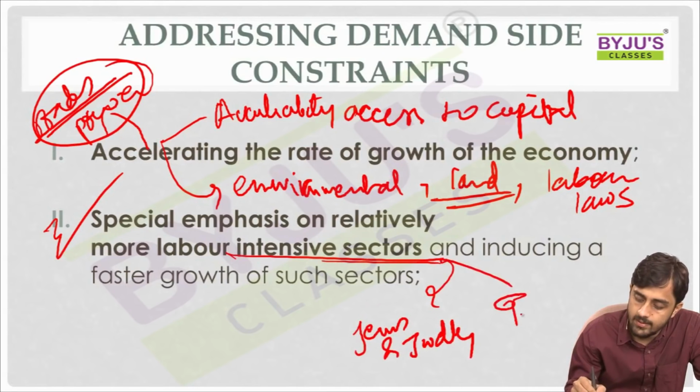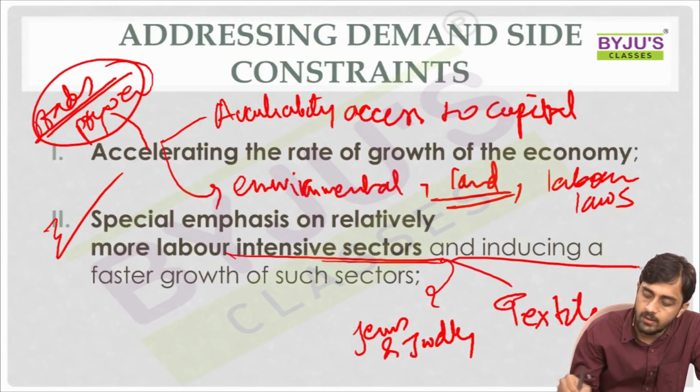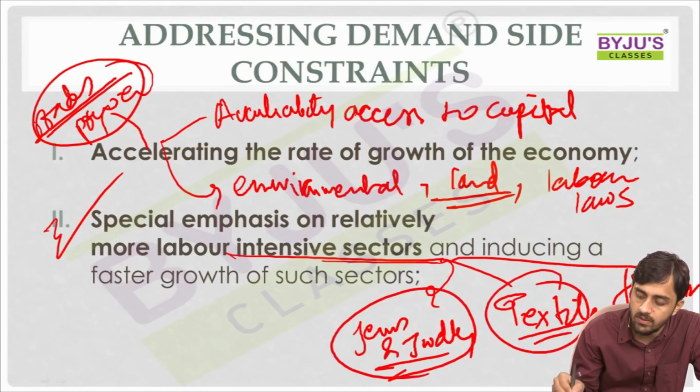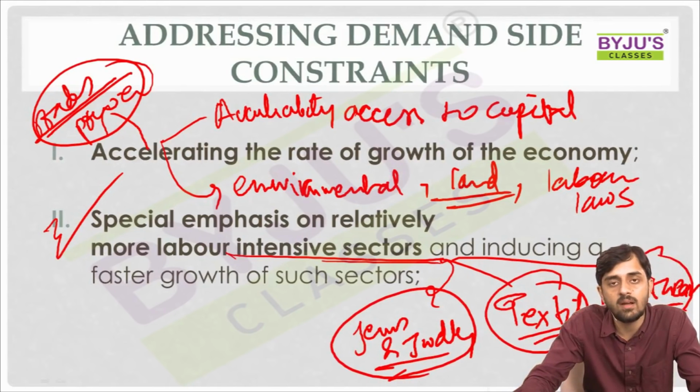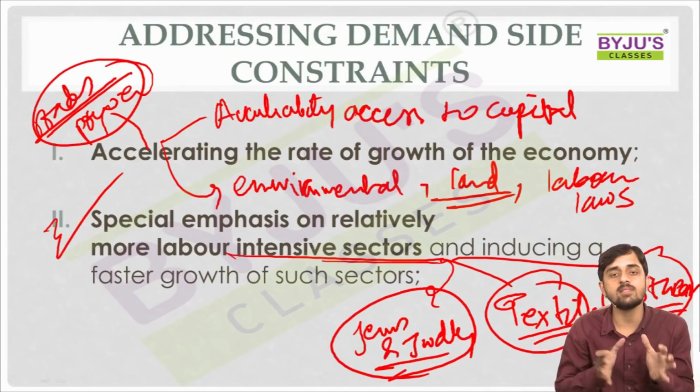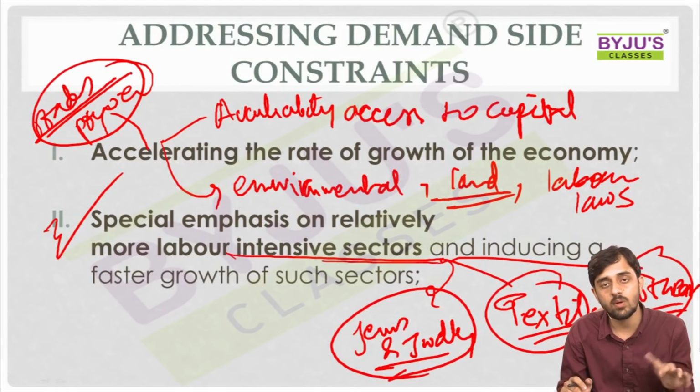For that matter, textile and footwear are more labor intensive manufacturing industries, and the government should have a specific focus upon these labor intensive manufacturing units if it wants to push up the number of employment opportunities available in the country. So these are the demand side measures and demand side constraints that we need to address